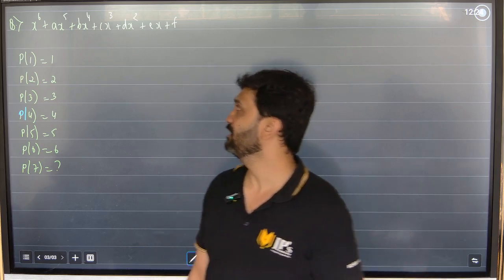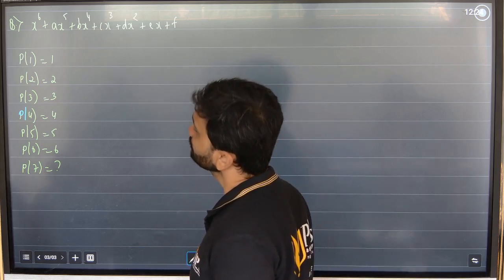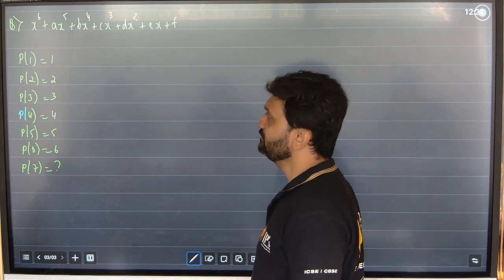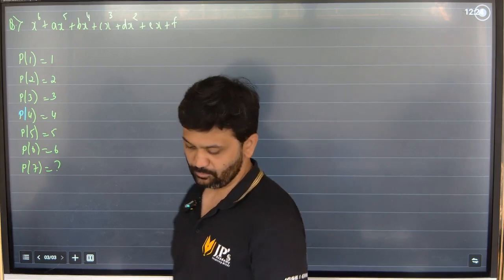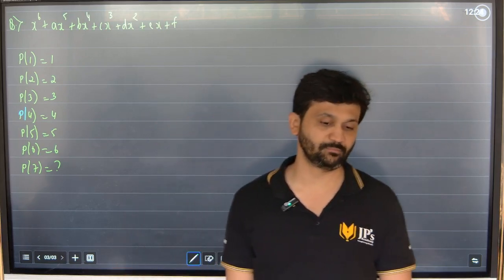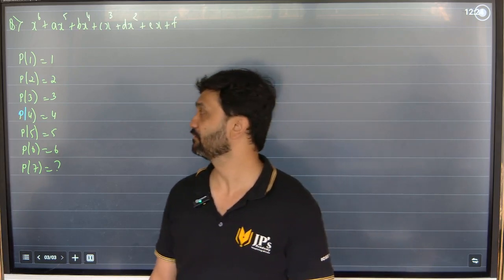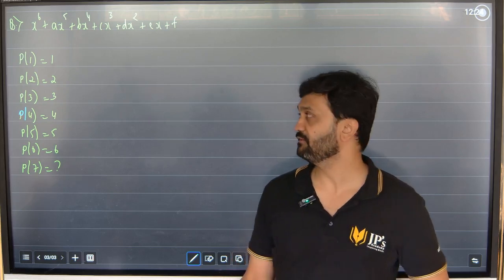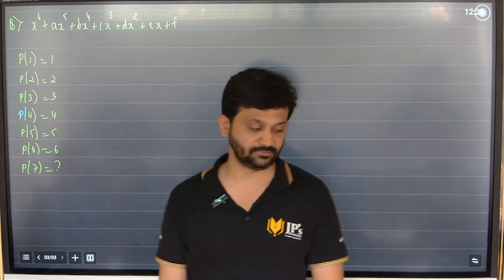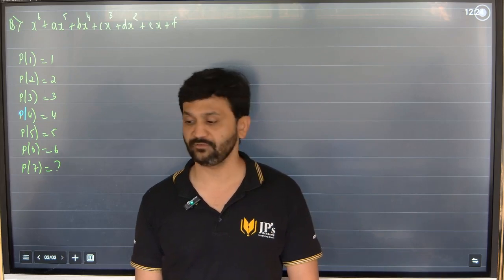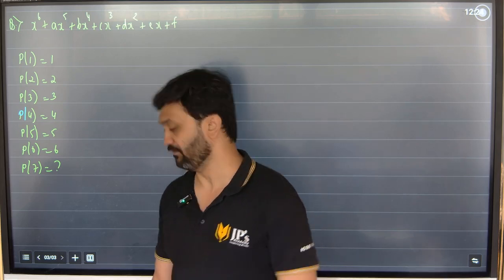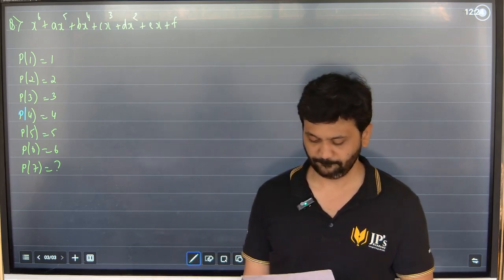Let p of x be a polynomial function such that x raised to 6 plus ax raised to 5 plus bx raised to 4 plus cx cube plus dx square plus ex plus f, such that p of 1 is equal to 1, p of 2 is equal to 2, p of 3 is equal to 3, p of 4 is equal to 4, p of 5 is equal to 5, and p of 6 is equal to 6. Find p of 7. Okay. Now,